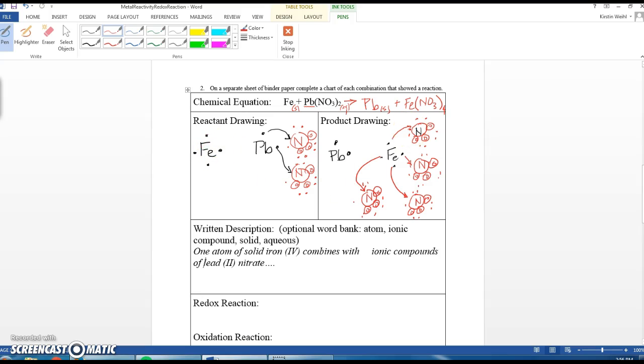Now, if you would like, we could actually even balance it. Remember, the amount coming in needs to be the amount coming out. In this case, I have 4 nitrates. I only have 2 nitrates here. I need to have a total of 4, but nitrate can only come in the pack of lead nitrate. So if I add another lead nitrate onto this, so we have now Pb and